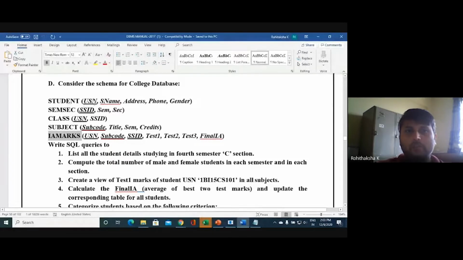related to the student, the USN indicates the student, the USN of the student, which is designated as the primary key. The name of the student, the address where he stays, the phone number, and the gender, which gender that particular student belongs to. And this is the semester ID, the section and semester ID, SSID, which is a primary key, the semester and